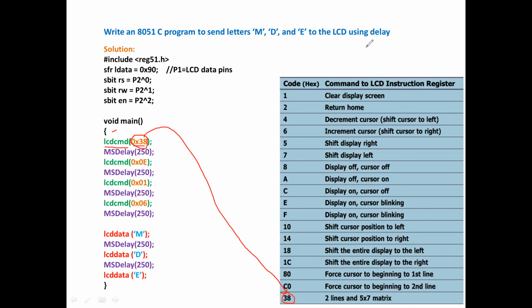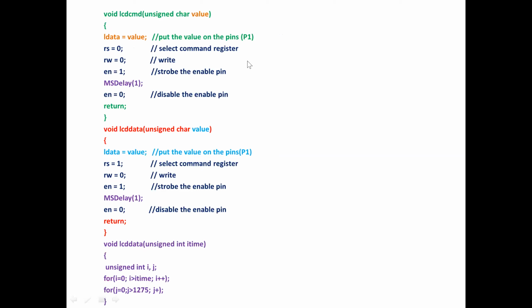Now 38 is passed to the subprogram. What is the subprogram? LCD command is the function name. In that function, I have passed 38H. So where is this 38H now? I have passed it to the value variable. So here we have the data 38.